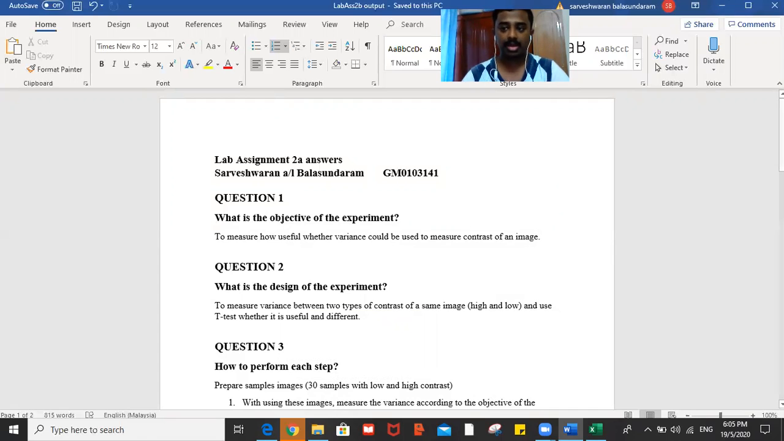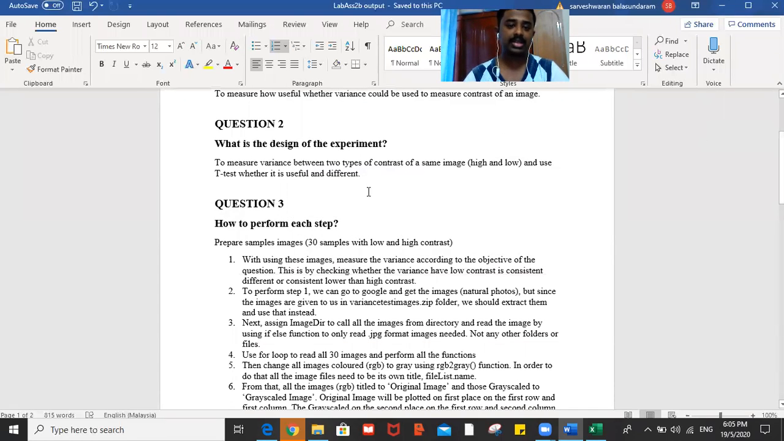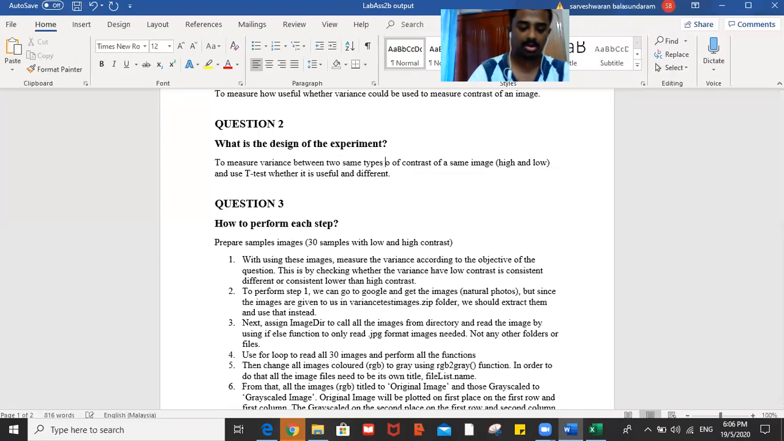And the design part, what is the design? The design is that given there is one type of image, inside that one type of image we're making a high contrast one and a low contrast one with the same identical image. Okay, two same types of image